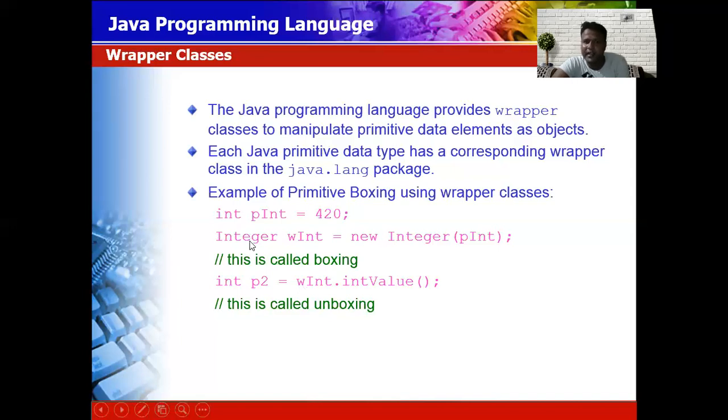See there, the wrapper class of int is Integer. We manipulate the primitive data element in the form of an object. As Java is an object-oriented language, by using a wrapper class you can store or manipulate the primitive data element in the form of an object. When you store the value in the form of an object, you can share your value throughout the application. If you store the value in a variable, it is limited within the scope, within the class or within the same package. But when you manipulate it through an object, you can access it anywhere.